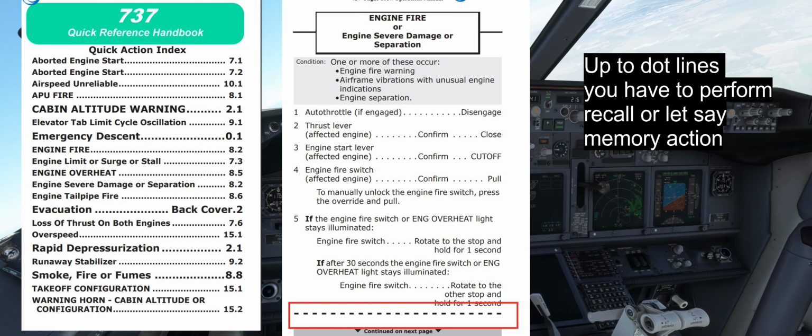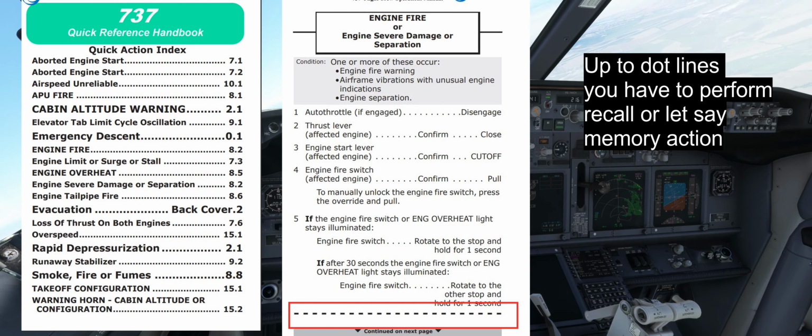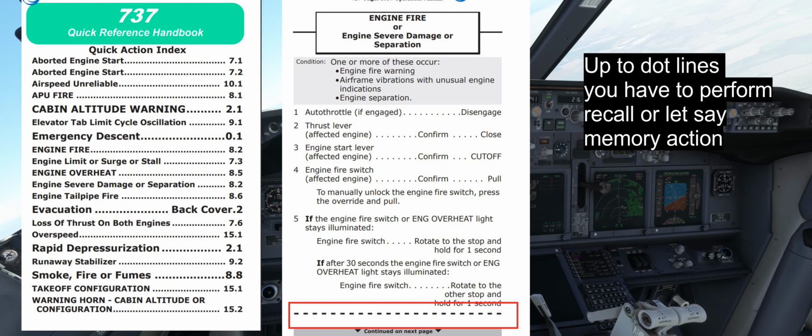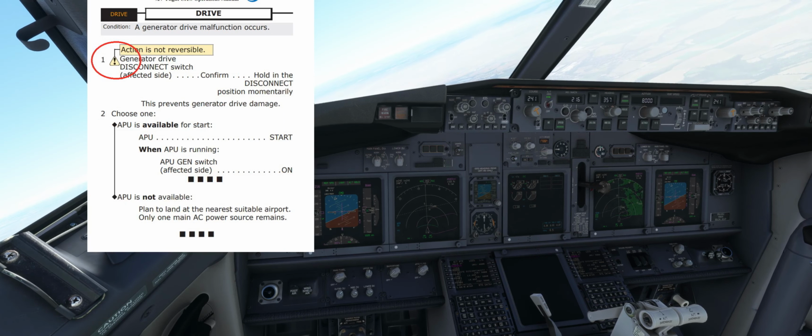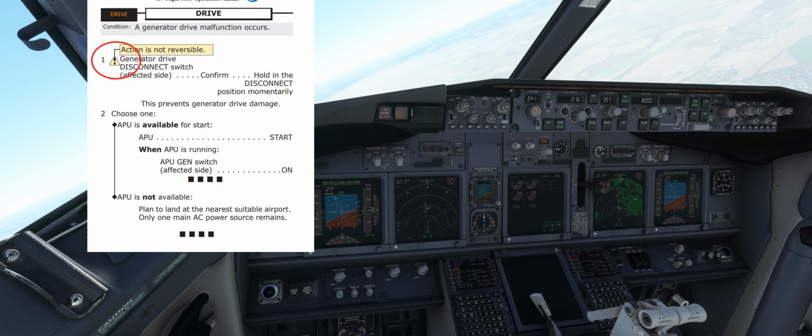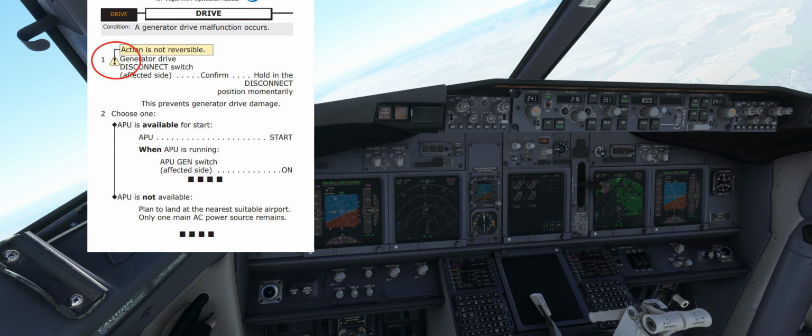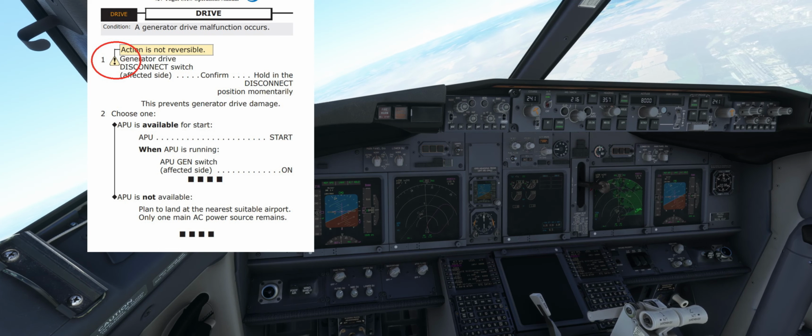Okay, and then we have another problem with the QRH, and there is, for example, I will make it via, for example, generator drive within electrical. It's chapter 6. Okay, and for example, we can put generator drive. Okay, so you have a generator drive malfunction. That means there is